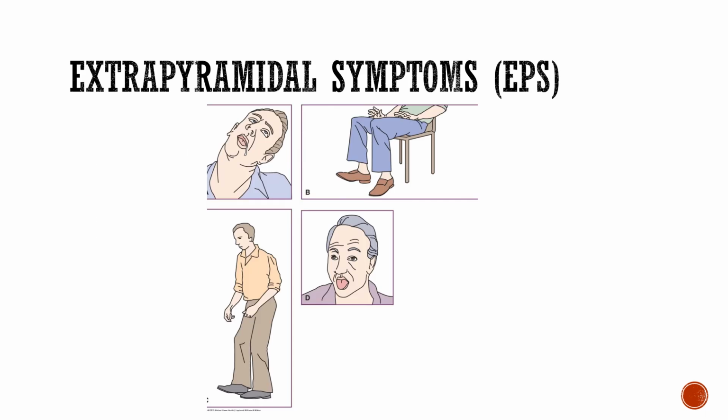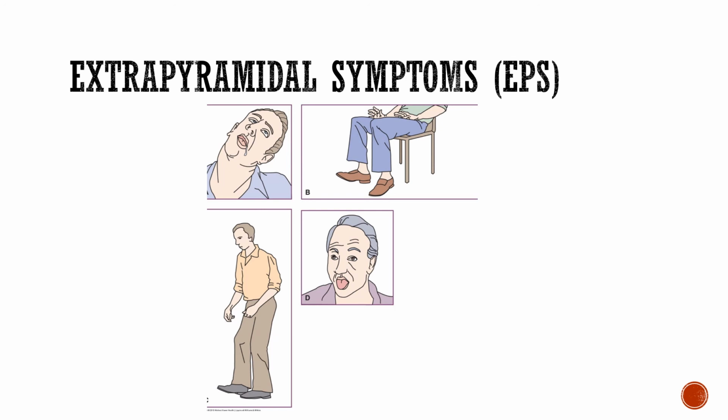Let's talk about extrapyramidal symptoms. There are 4 primarily that we're going to talk about. Neuroleptic malignant syndrome, you can count that as one, I guess, but it's more like a severe EPS. The 4 classics here. In frame A, you see that guy kind of hunched over there, or his neck is anyways, drooling. That's called dystonia. It's spasms of the tongue and neck, and it causes that abnormal neck position there, abnormal eye movement, and then excessive salivation.